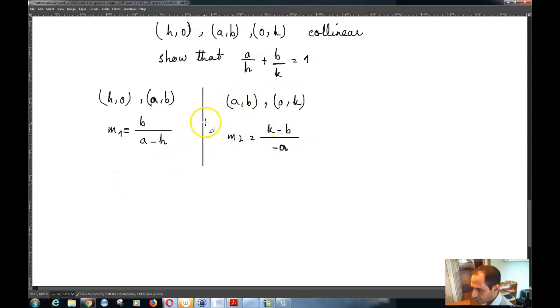Now based on the fact that these 3 points are collinear, I can write m1 is equal to m2, which means that b over a minus h is equal to k minus b over negative a. And that means that